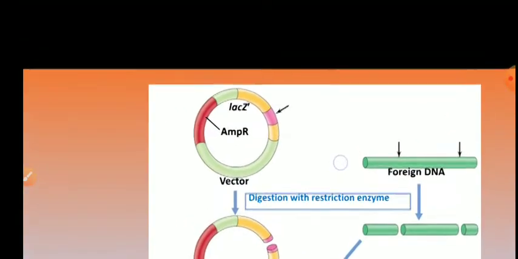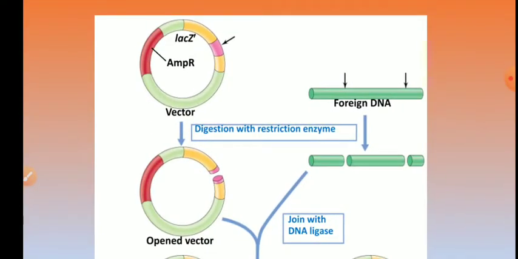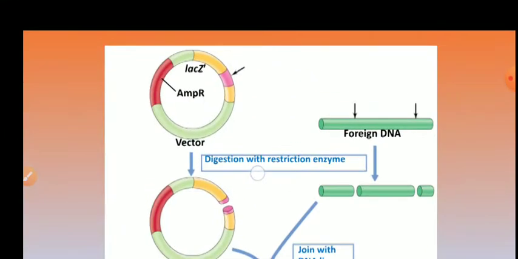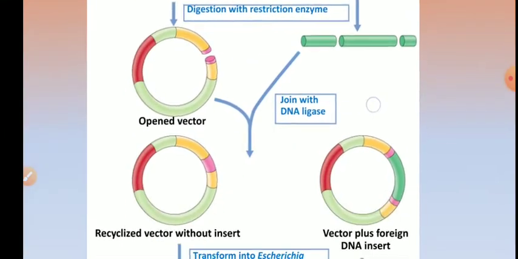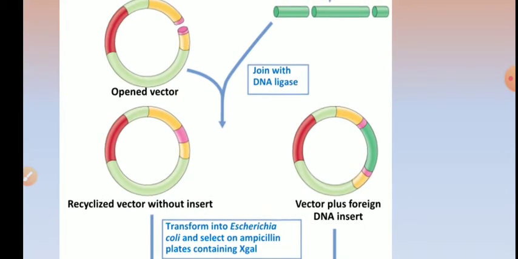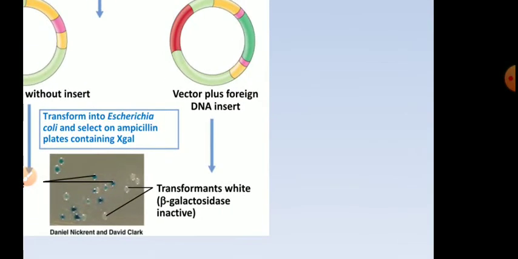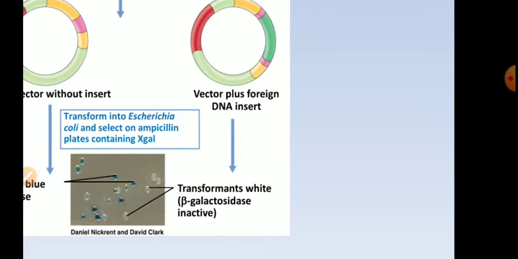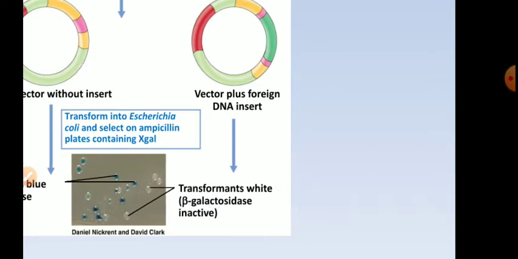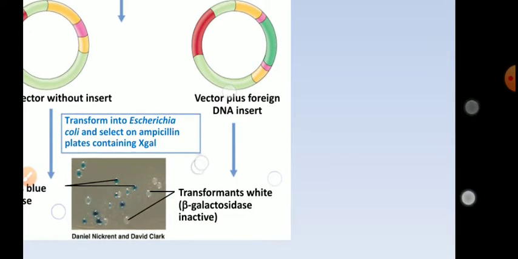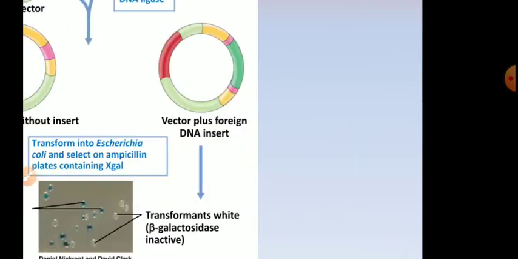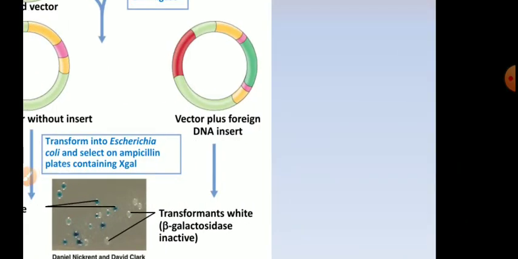Okay, so you can see here, this is the pUC plasmid vector. Foreign gene is inserted by breaking the lacZ gene, which is shown in pink color. The foreign gene is inserted inside it. In the first, foreign gene is not present, and in the second one foreign gene is present, the green one. And when you plate it, you will be able to see either blue colored colonies or white colored colonies. White colored colonies are produced by cells which are desirable. Blue colored colonies are produced by cells which are undesirable. So this is how blue-white selection theory helps you in identifying the cells which are without any foreign DNA.